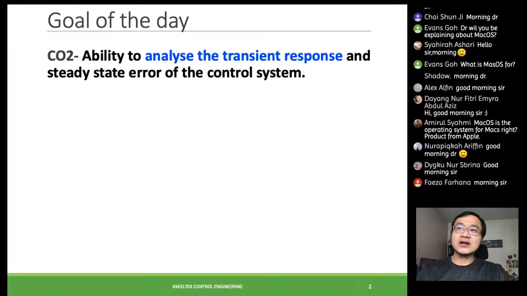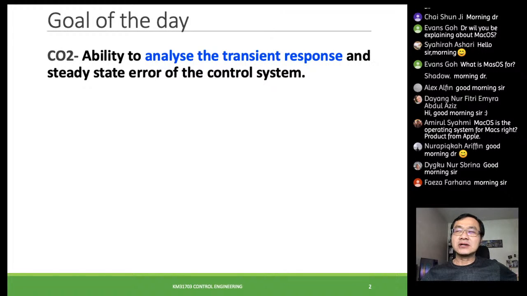Then from the transfer functions, we form the blocks and we learn how to simplify a block diagram into a simpler one, right? So today our task would be now to analyze what would be the response of that